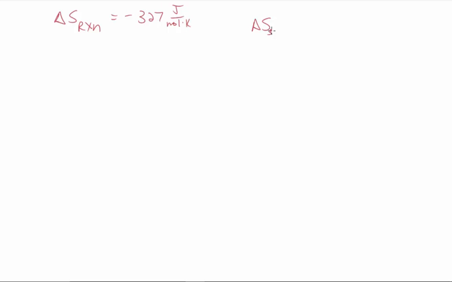So delta S of my surroundings, remember last time we did it as Q over T, but since we defined that my enthalpy values are equal to that Q value, we're going to do this: delta H of the surroundings divided by the temperature of the surroundings. We'll just plug in these numbers. So 572, actually that's kilojoules per mole, divided by 298. We're going to assume room temperature. We're going to let it come back down. And this equals 1.92 kilojoules per